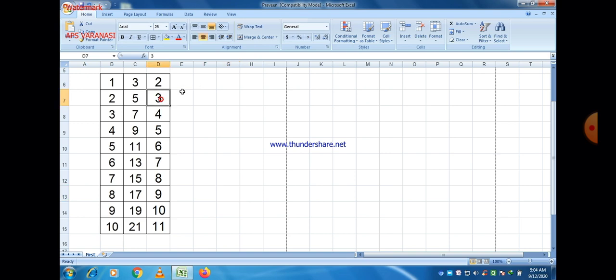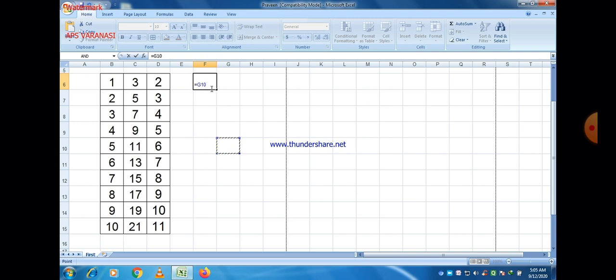Okay, now come to the main point. If you want to apply a formula, first of all you have to select a cell where you want to apply the formula, and in that cell just go to the equal sign.